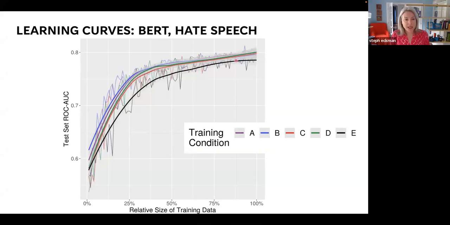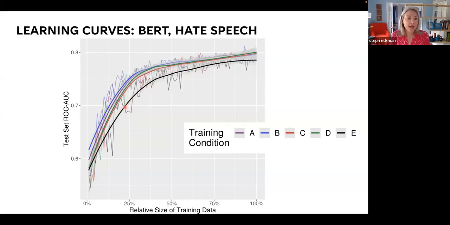What I think is interesting here is that there's a real outlier in condition E. Condition E is the one where everybody coded offensive language for 50 tweets and then went back and coded hate speech for 50 tweets. So the 50 hate speech codings are at the tail end of that instrument. They're the second half of that instrument. And here we are looking at hate speech, right? So these are the labels where people may have been fatigued or annoyed that they had to go through and see all those 50 tweets again, which is an effect we have seen in surveys and some of the motivated misreporting work that I've done.